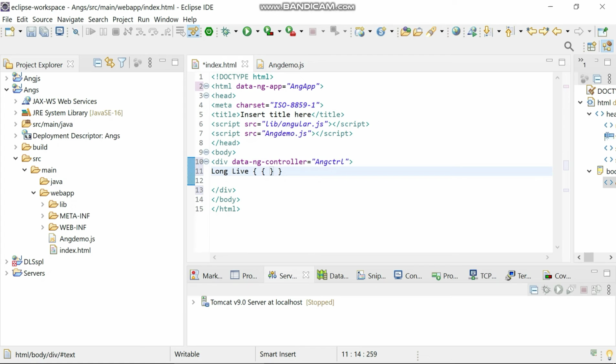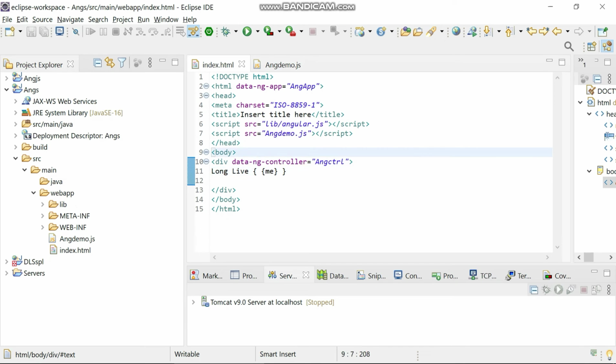Within this, I'm going to give the scope object property me. All right, that's it. So when I run this, obviously I will get the output on the web page as long live. This text would be printed along with the scope object property value, that is the me value Tamil Nadu.